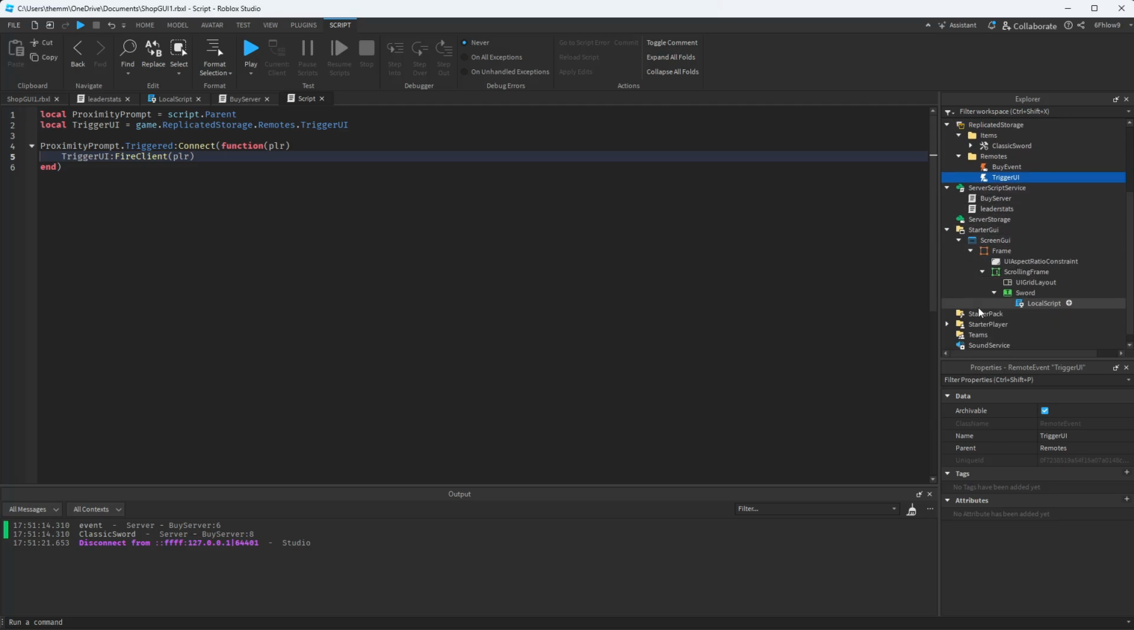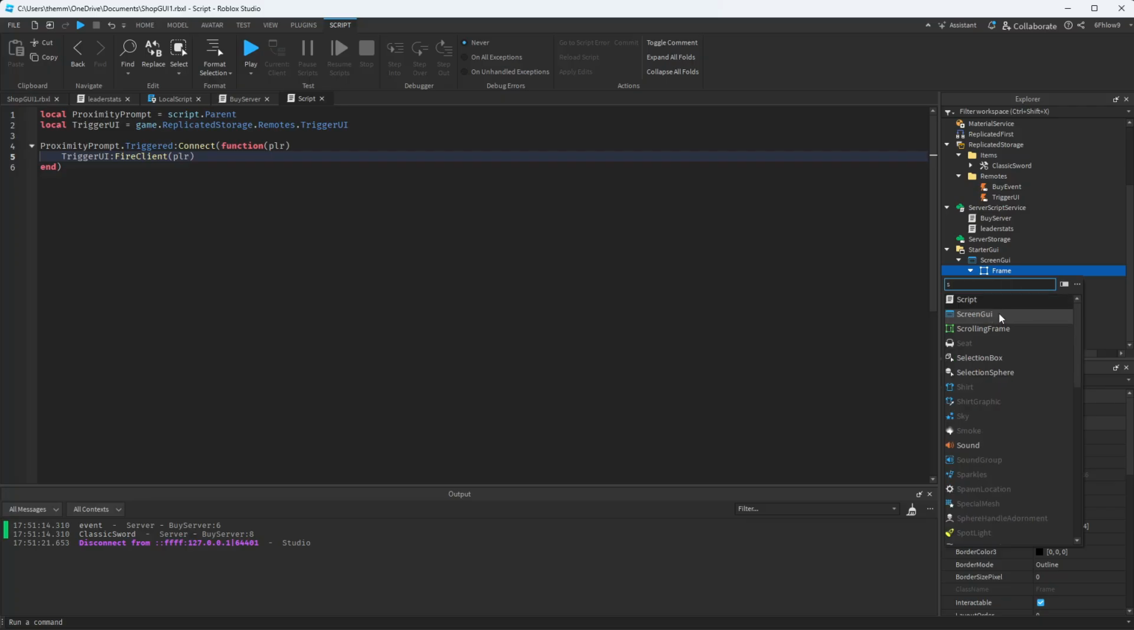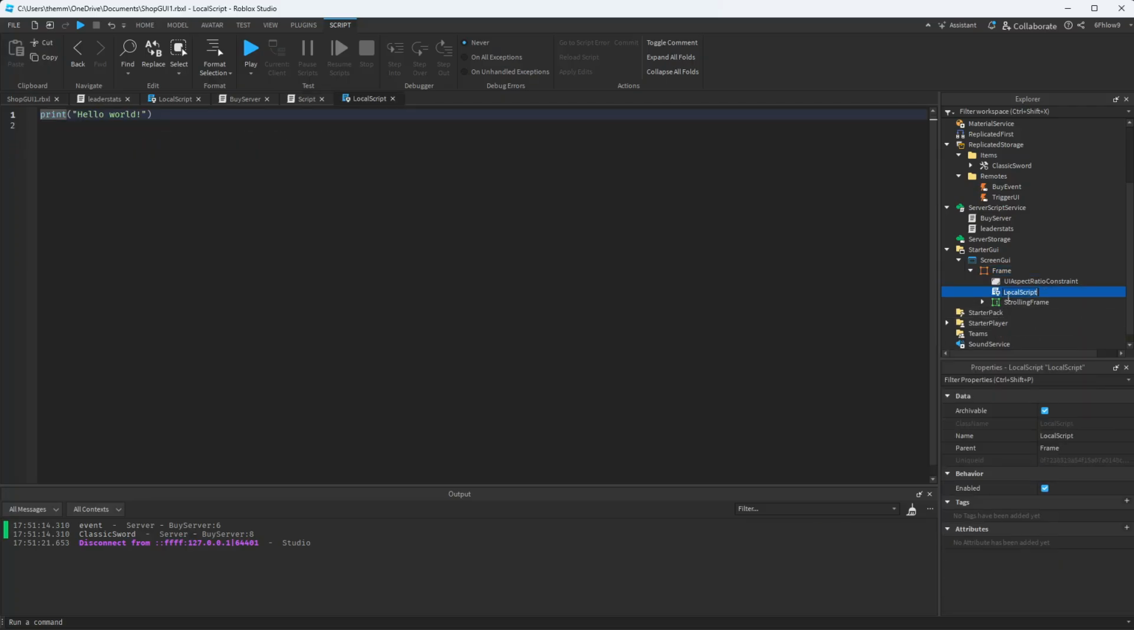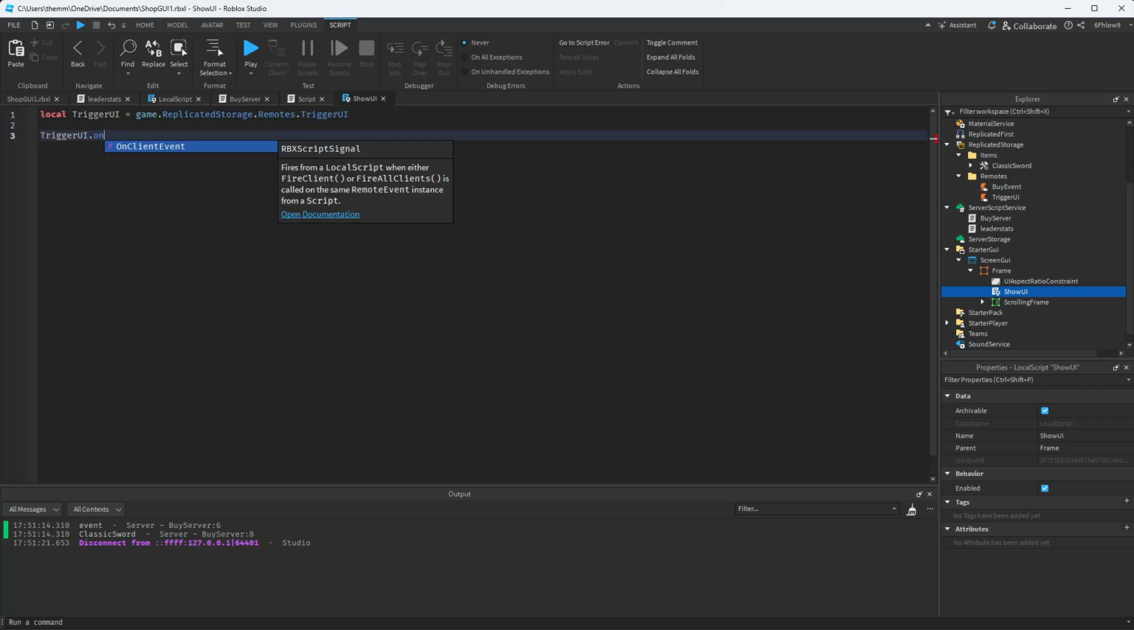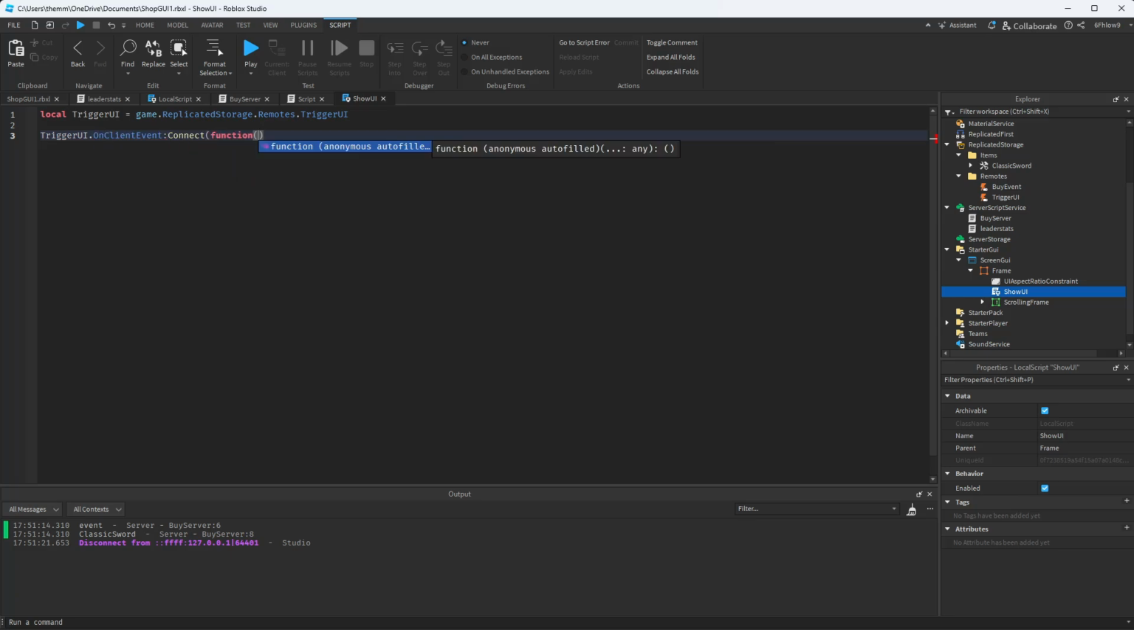So now inside of the frame, we're gonna create another script, and this one is gonna be a local script, and it's gonna be show UI, and we're gonna reference the event trigger UI: game.ReplicatedStorage.Remotes.TriggerUI.OnClientEvent:Connect(function, and we're gonna say player,